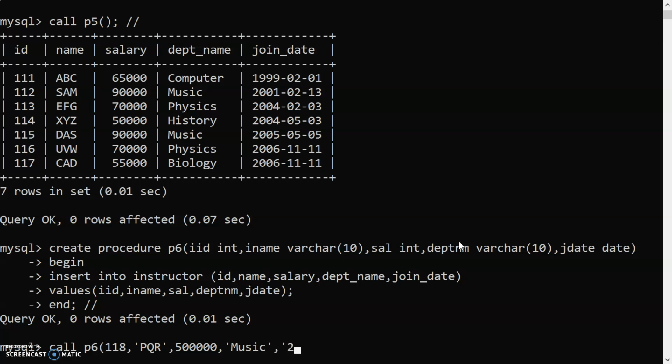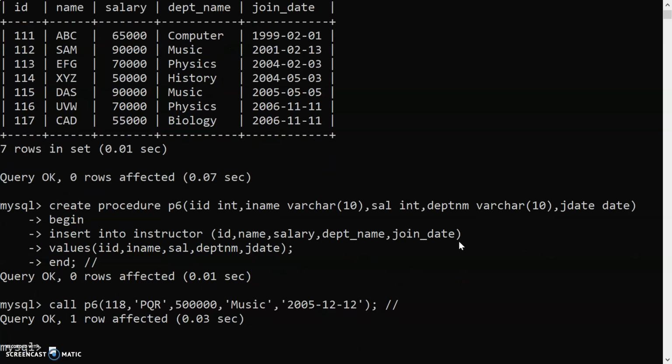The format of the date is year, month and date. So here you can see call P6 and parameters are passed.